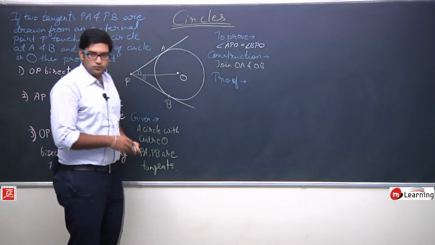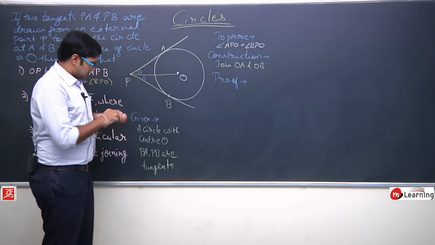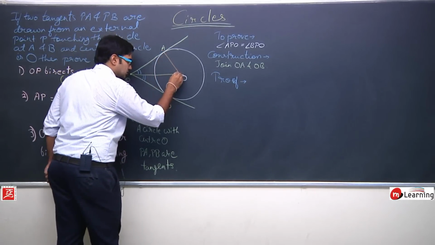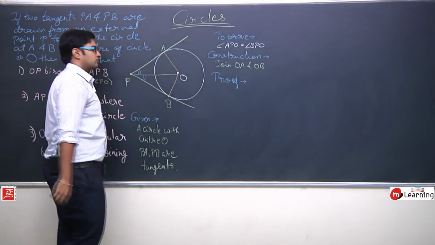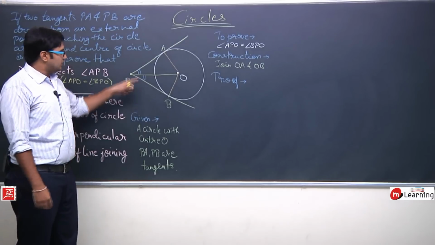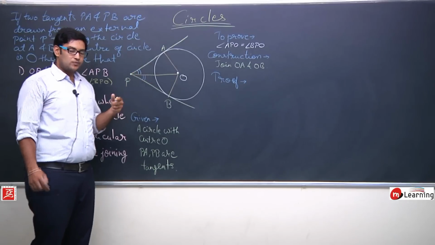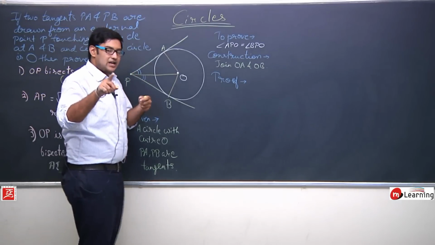Okay, now proof for this question. First let us join this OA and this OB. Now we need to prove that these two angles are equal. How can we prove? Just try to remember that in theorem 2,